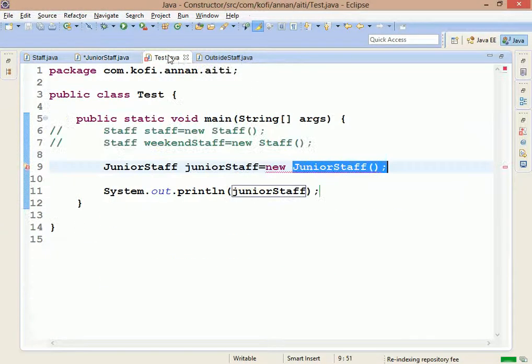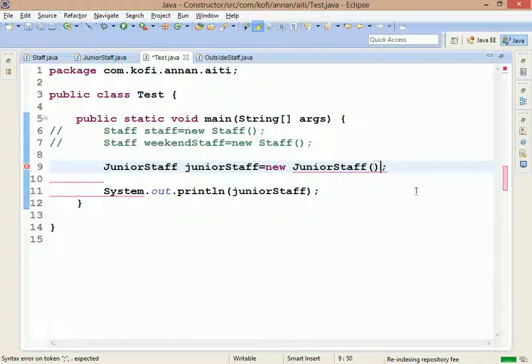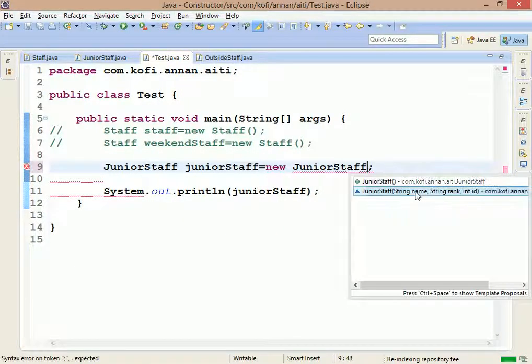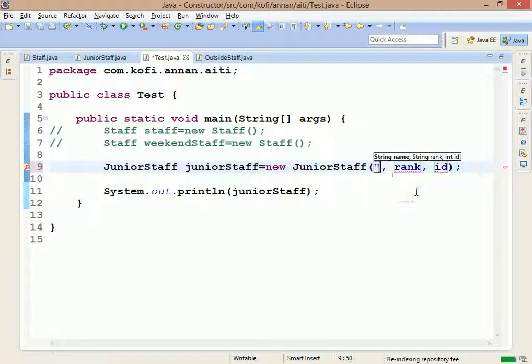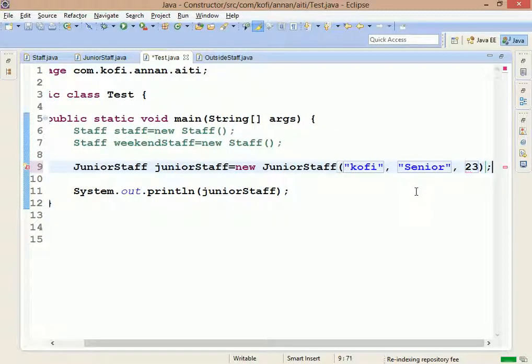So I bring it back. Then I'll not use that. By this time, when I'm creating, I'll be told I have more than one what? Overload. More than one overload. So I want the second one. Then I'll pass the name to it. Kofi, rank, senior. Then ID maybe 23. So I've created this object